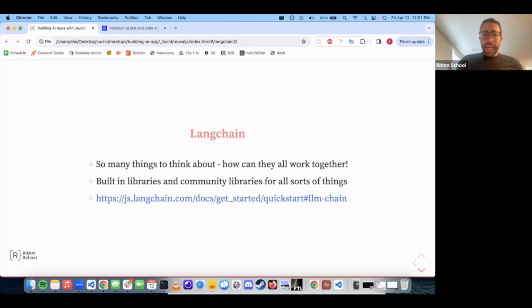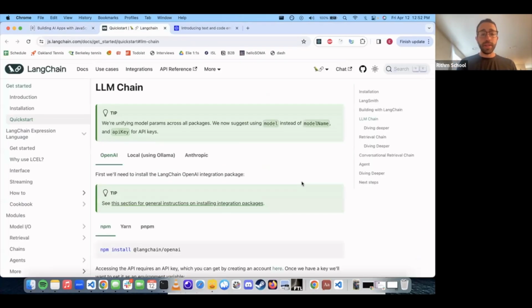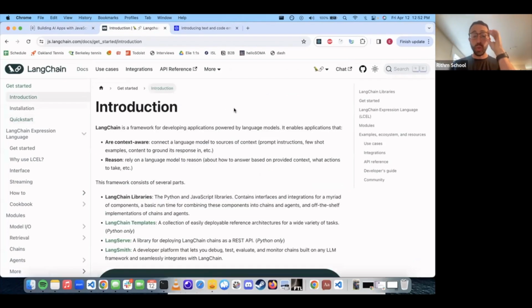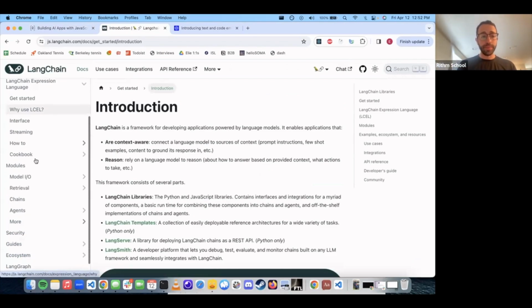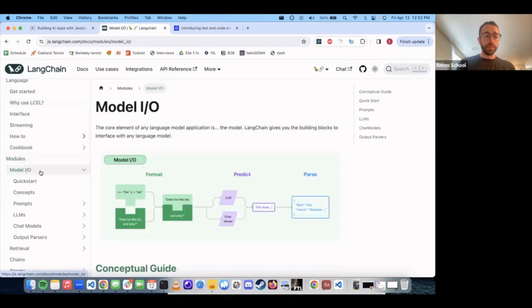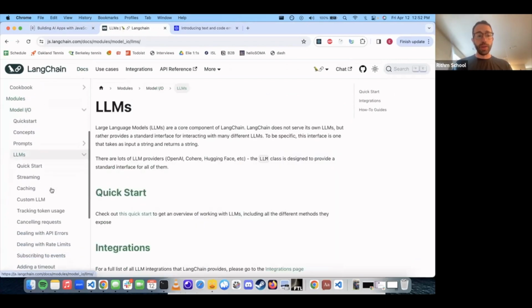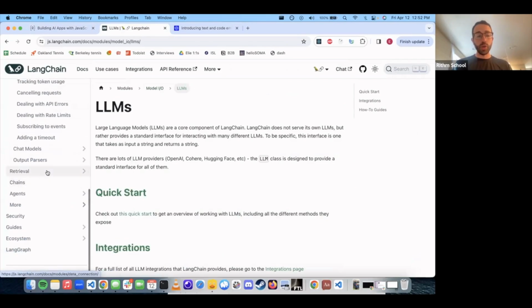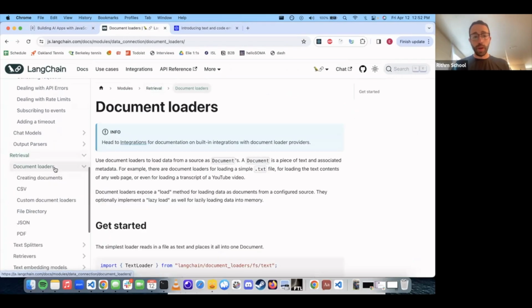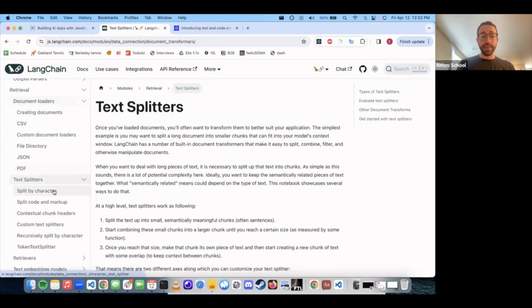As you start to see all of these things, agents and embeddings and finding text and storing text, you can do that with OpenAI and a lot of other tools. But what you will very commonly see is a tool called LangChain. I have here the quick start for working with LangChain, but LangChain essentially is a tool for putting together all of these ideas in the AI ecosystem. You want to use an LLM like OpenAI. You want to retrieve data from a web page. You want to split that data